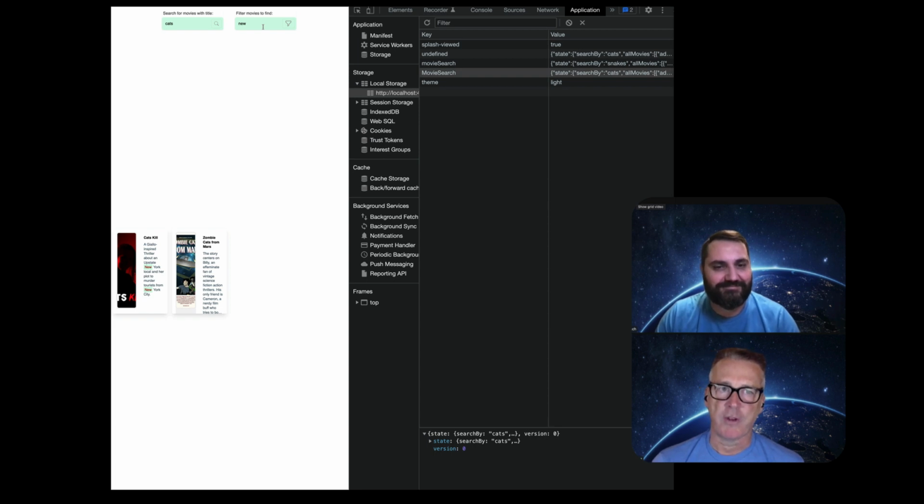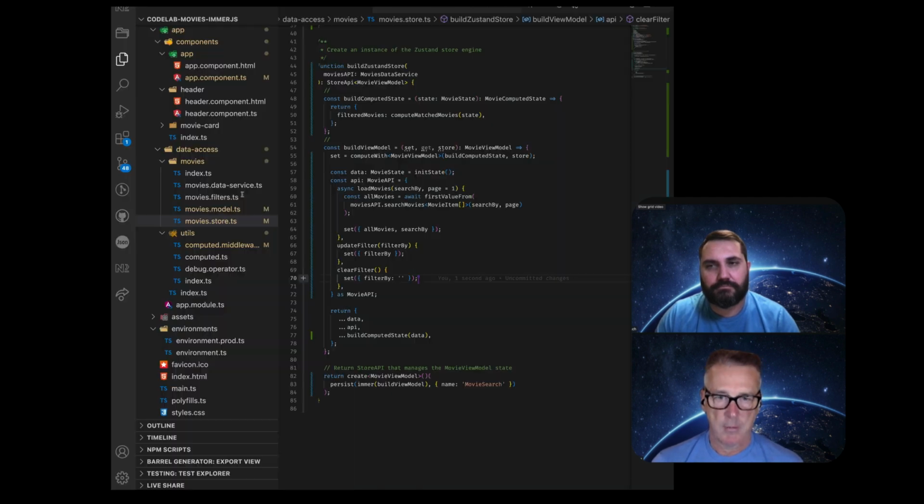So what's happening is that when the Zustand Store is initializing, that middleware runs and says, hey, is there anything in the persistent local storage? Yes. It resets the view model to use the current search by term and the current filter. That makes the call out to the server. And then it applies the computed properties to show you this here. And it's all being done with this simple middleware right here. It's incredibly powerful,